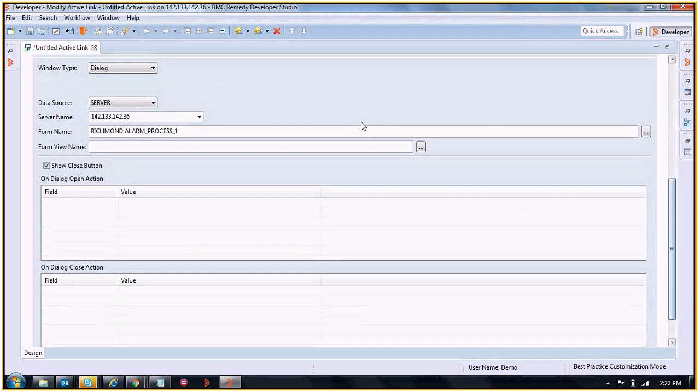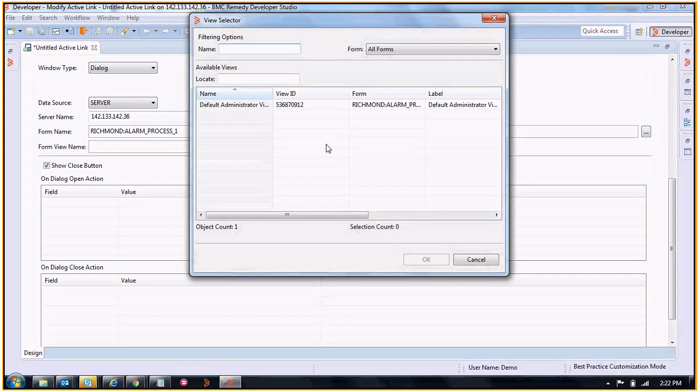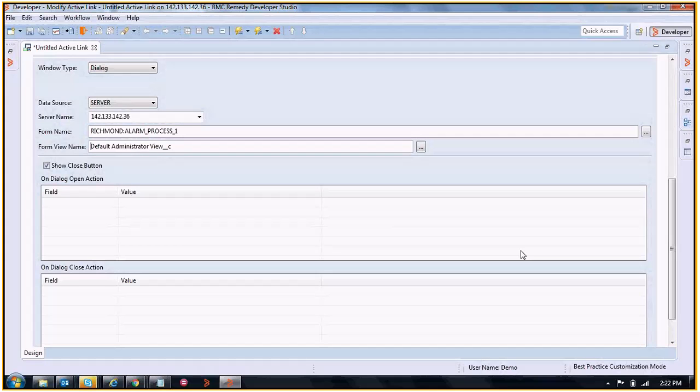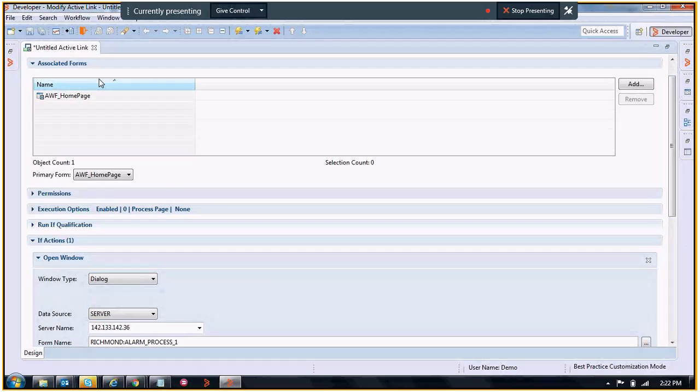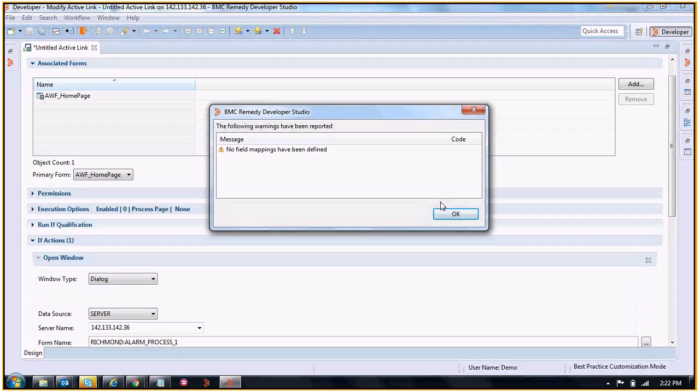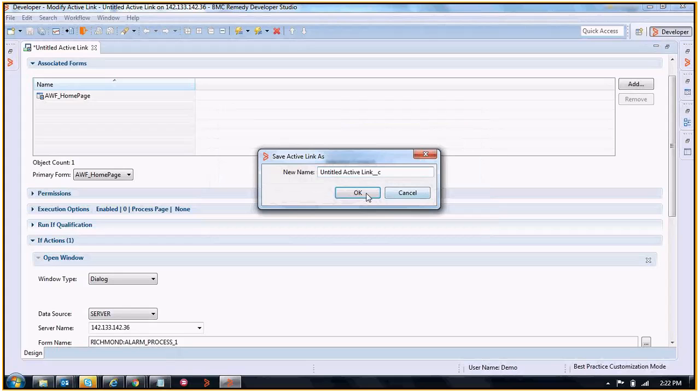You want to open this form and default administrator view. Okay. Alright. That's okay. So